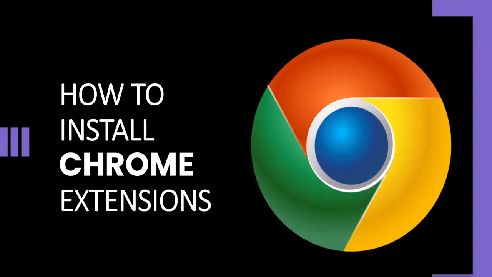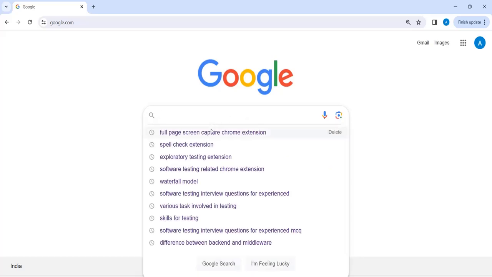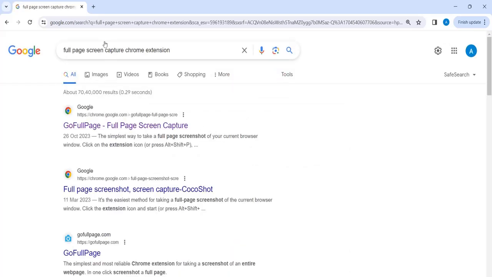Let's get started. Firstly, let's open up the Chrome browser, and here we will search for the extension. Suppose I'll go for a full page screen capture Chrome extension. There is an extension called GoFullPage, which will help us to capture the whole full screen